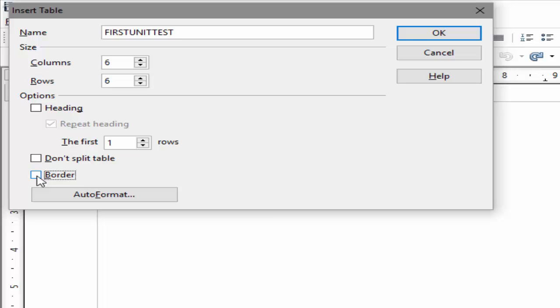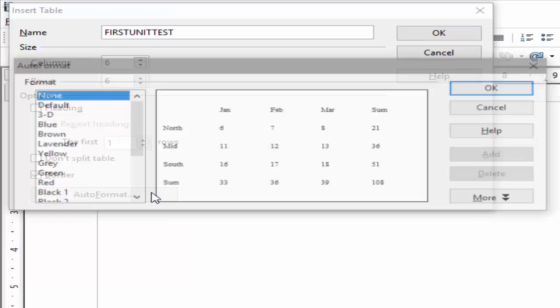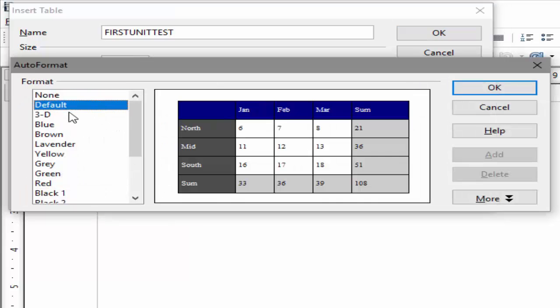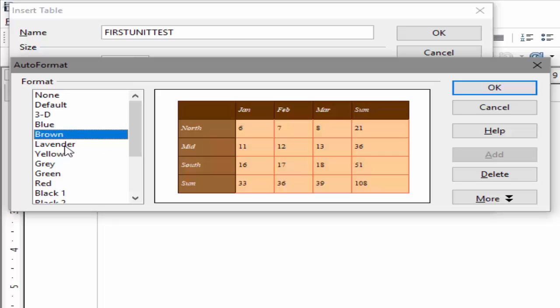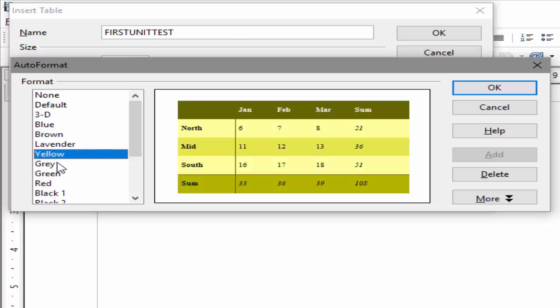If you want to apply border to the table, then you have to right check border check button. There you will see auto format button also. Click on that. Auto format dialog box will open. On the left side of the auto format dialog box, you will see the list of so many predefined formats.